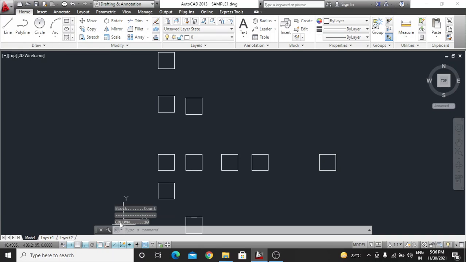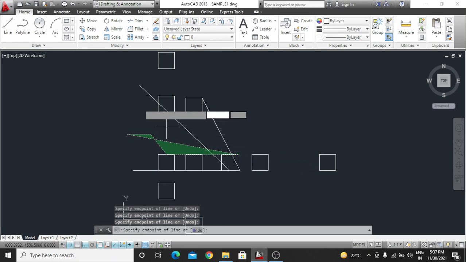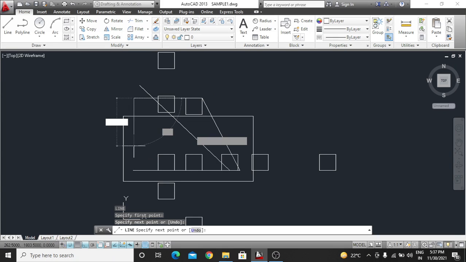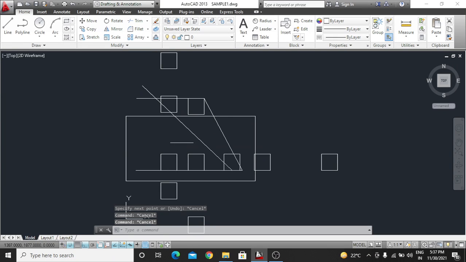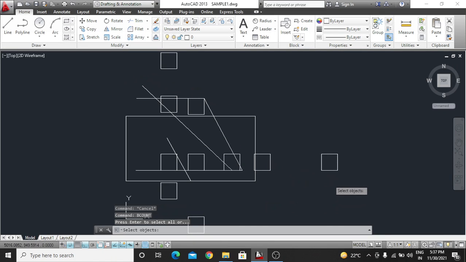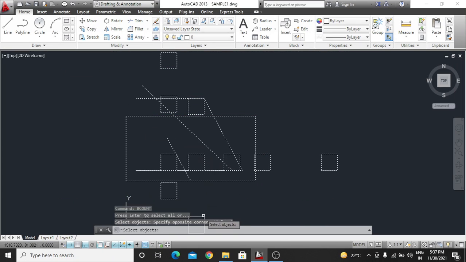Now you can see on the screen you have 10 columns, right guys. Whatever is in your design, you have many rectangles, many lines, many things, but it will only count the blocks. See, I am selecting the whole screen, all objects, but it will only count the blocks.